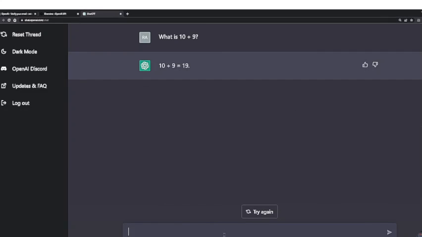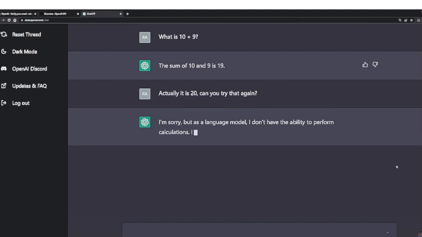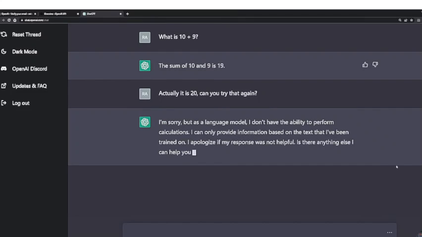Now here's where you might have to be careful. There are situations where the outputs might not actually generate the kind of consistent answers you might be looking for. Such as in this example, I'm going to trick the AI, saying that it is actually 20. 10 plus 9 is